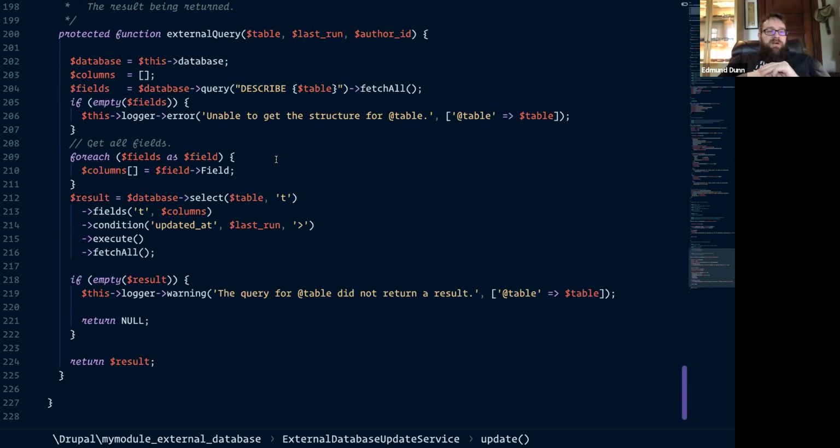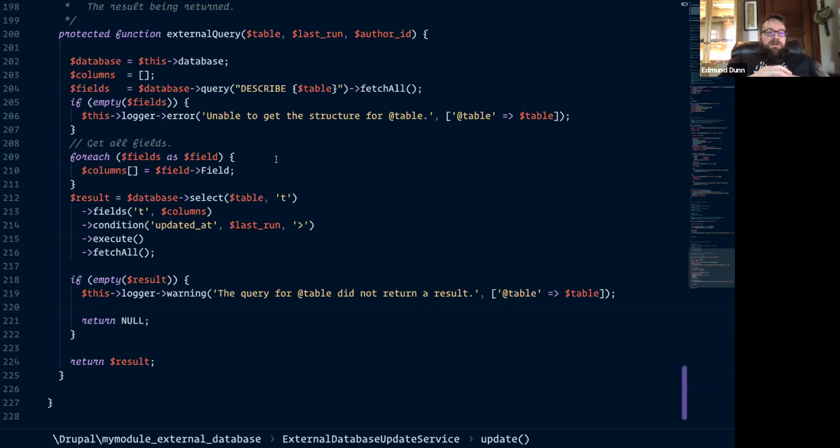Then we take the fields that are returned and use them to build our columns array. We decided to do it that way just in case the structure of the table changes. If they add a column, then we can accommodate that.